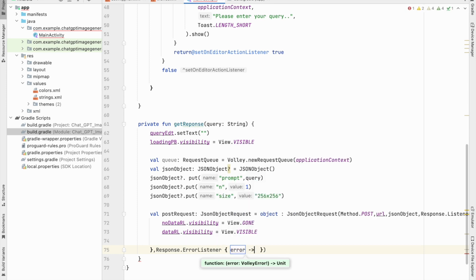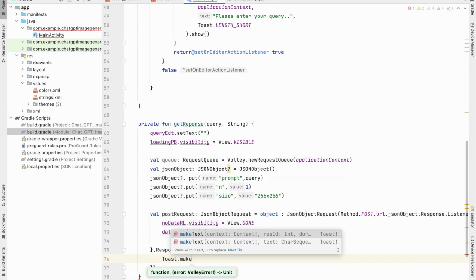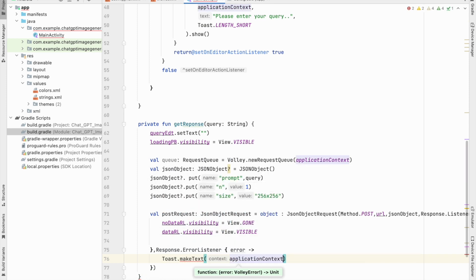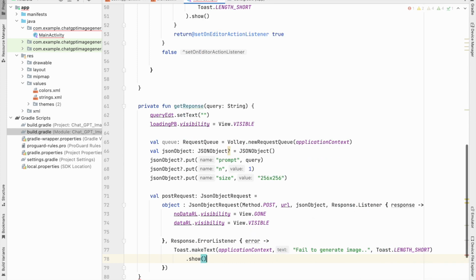So here we will be displaying the toast message, specifying the application context. We will do generate image, Toast.LENGTH_SHORT.show to generate our image. After that,